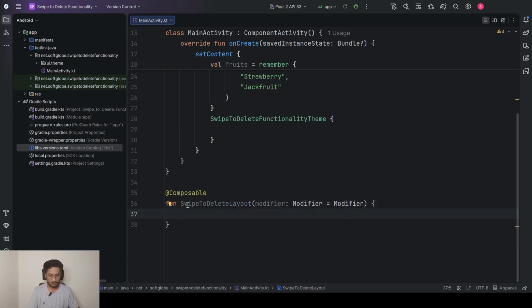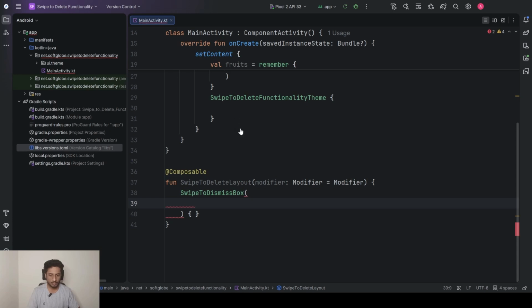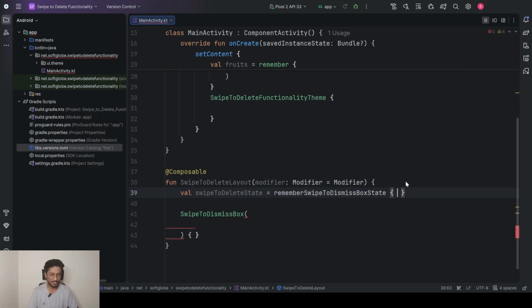In this layout we basically have one composable function given by the Compose framework itself, that is SwipeToDismissBox. This box requires a state, so for that we will first create a state. Swipe to delete state equal to remember, swipe to dismiss box state. We already have that, and inside this one we have,